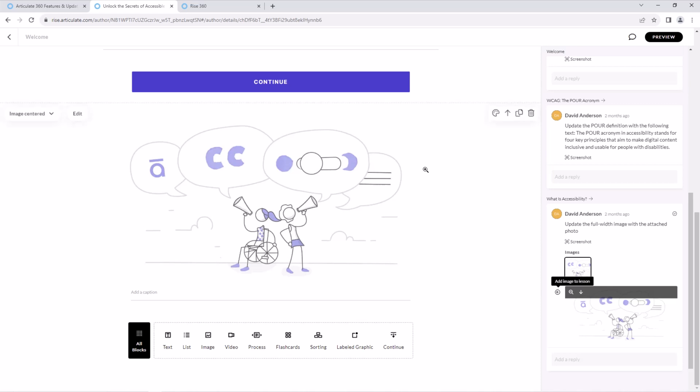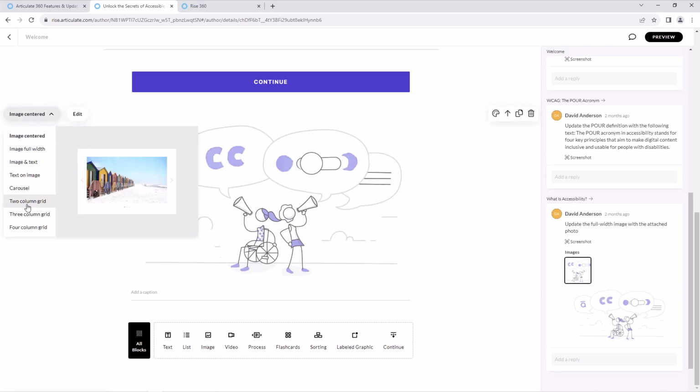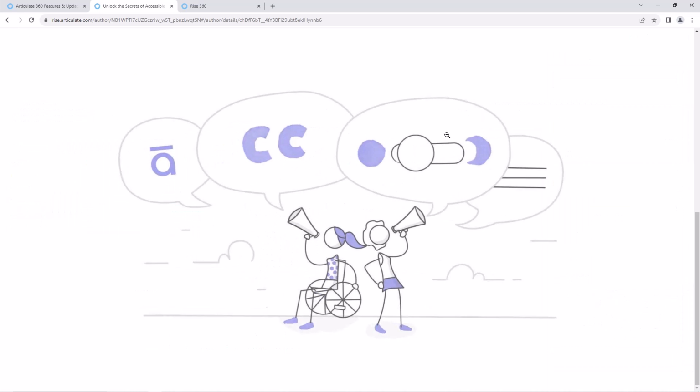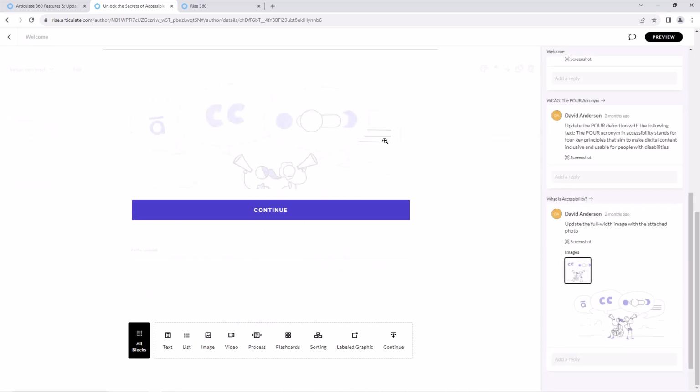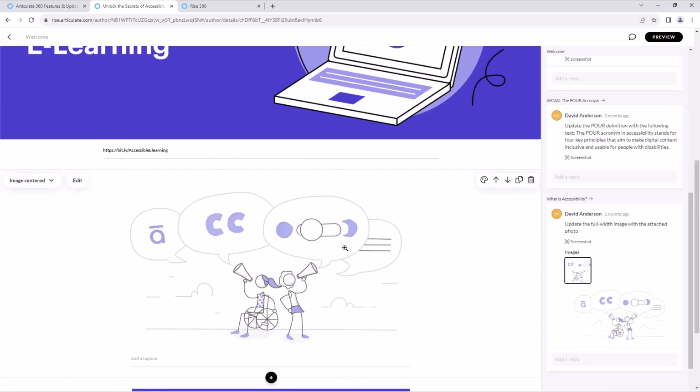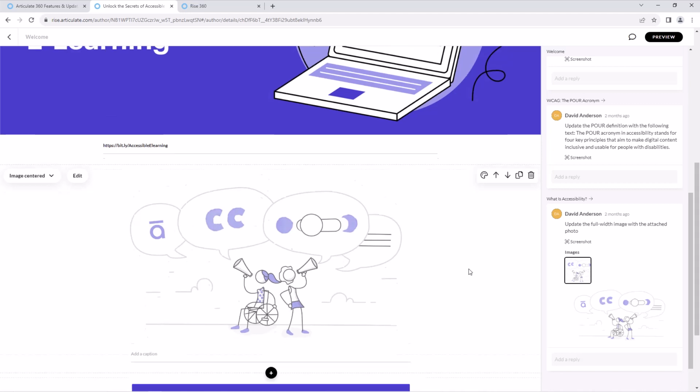And then once the image is here, we can obviously change the different styling of the image or move that image up or down as needed. But that image can be quickly added as an image block. Obviously, the big benefit here is that it saves you the time of having to go and source those graphics or maybe try a different graphic. If your reviewer has an idea or has an image that they want to use, there you go. It's added right there. Along with that, we can also post additional comments within Rise.